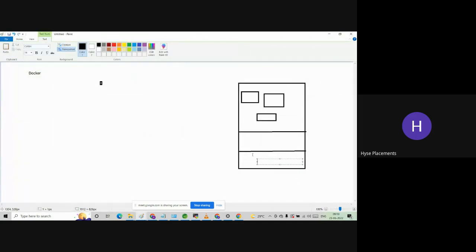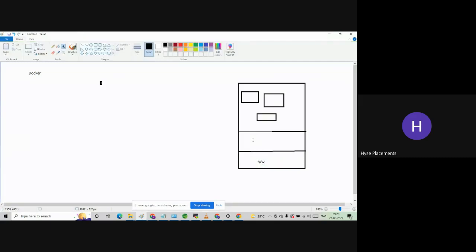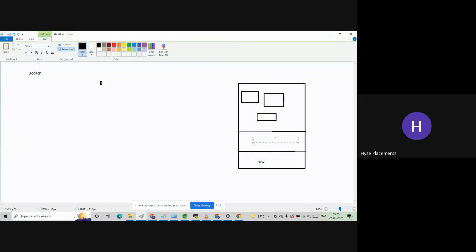So here you will have hardware, OS, and these are softwares. Here a Docker is also just like a machine only. I will explain this. Then Docker is also the same as an EC2 instance? Then what is the difference between EC2 and Docker? I will explain. First of all,